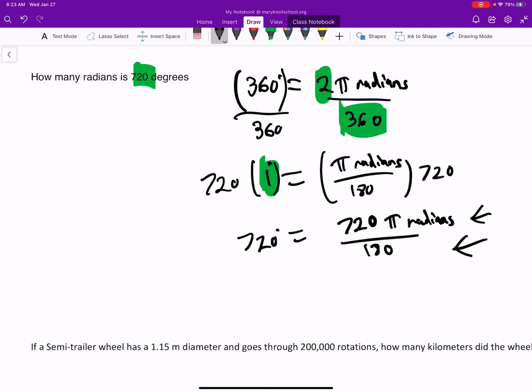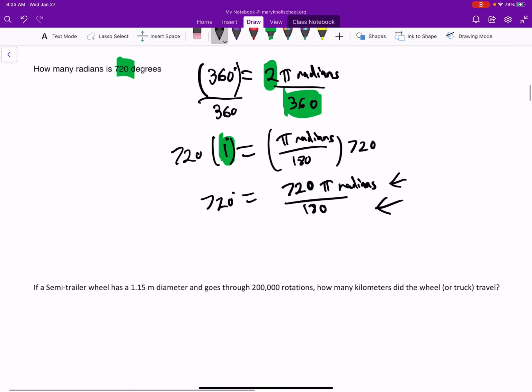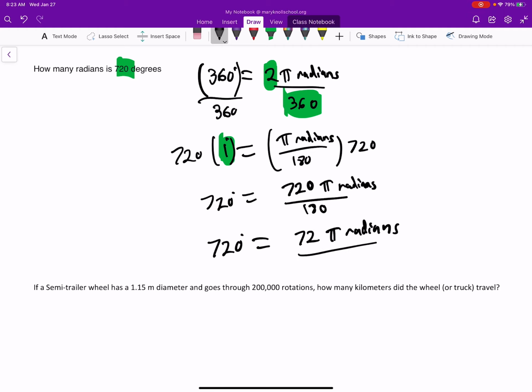So 720 degrees equals 72 pi radians all over 18. Now, both of these are even, so let's just divide by 2 and see where we get. So 72 divided by 2 is 36. 36 pi radians